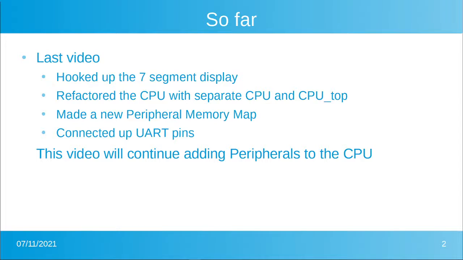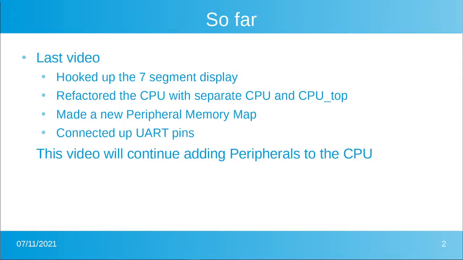In the last video we hooked up the 7-segment display, and we did a pretty big refactoring of the CPU VHDL code into separate CPU and CPU top entities, files. And the CPU is just the CPU. It doesn't have any of the peripheral stuff. It does include the bus out to the peripheral, but that was a nice big step that made it a lot easier to play with the files, because each of those files is now about half the size of